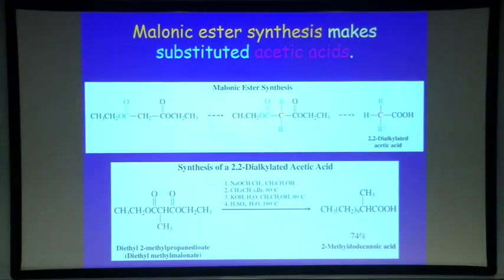So here's an example starting with this methylated species. They introduced bromodecane, and then they hydrolyzed and decarboxylated, and that introduced this decyl group alpha to what, from this perspective now, is the propanoic acid. Or to put it differently, since this group was introduced from the malonic ester, or the propane dioate, if you start with the propane dioate, you methylate once, alkylate again, and you get an acetic acid that has a methyl and a decyl group stuck into it.